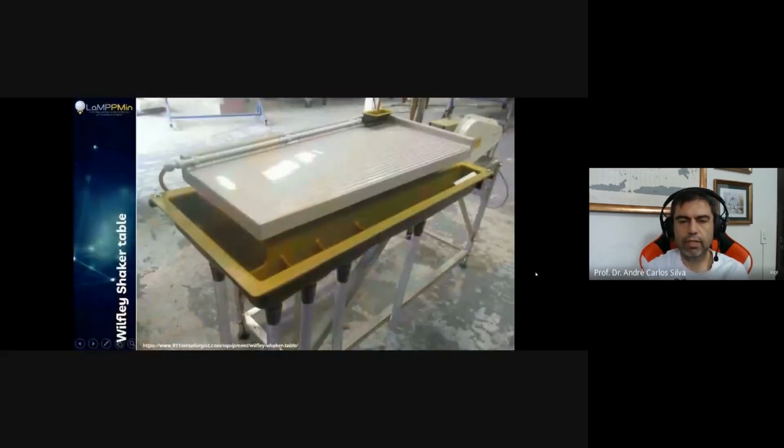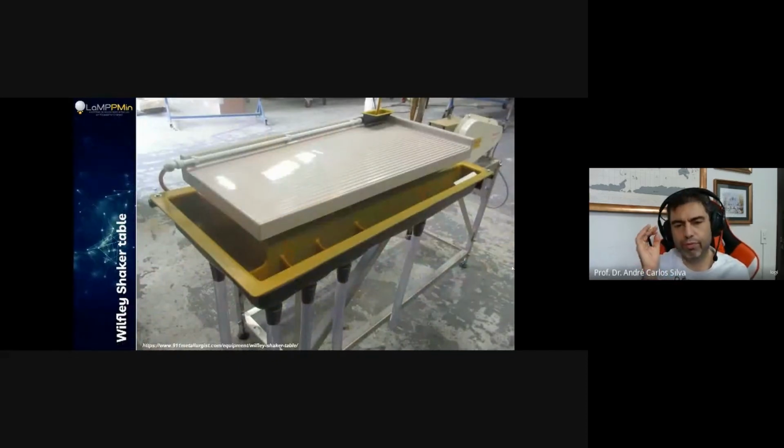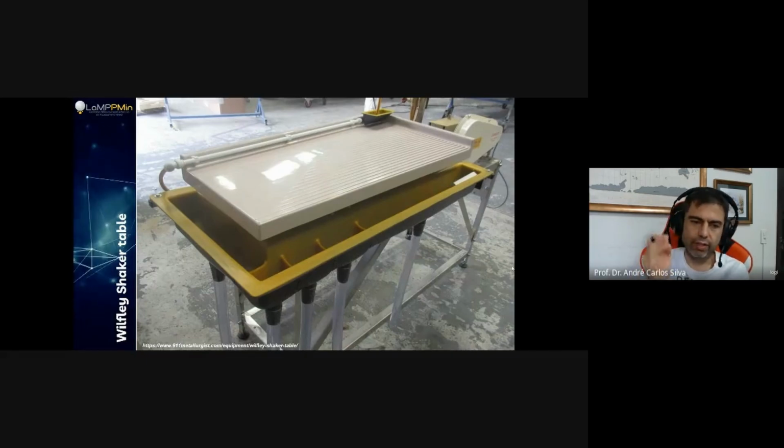Okay, so let's move forward to another equipment, also old school, also very nice, very used. A lot of people still use this nowadays. If you go to chromite, like I did in Albania or in Turkey, you're going to see a lot of those. That's the shaker or shaking table. Both names are correct. And you can also see Wilfley table or Wilfley shaker table, because it was developed by these guys. It was developed initially for gold and